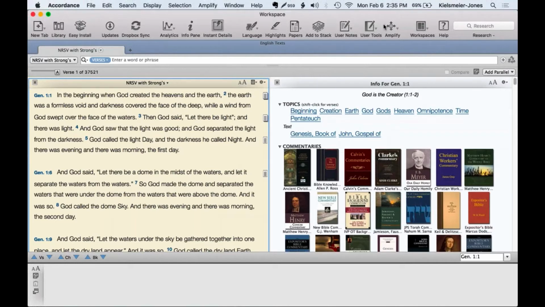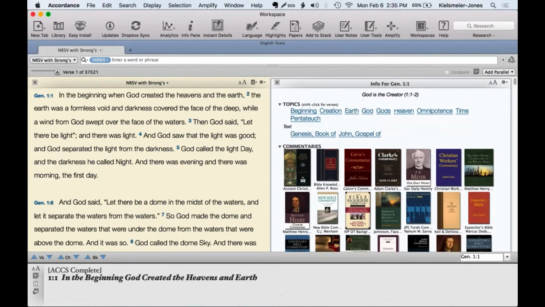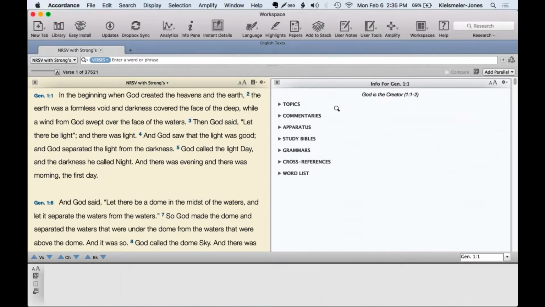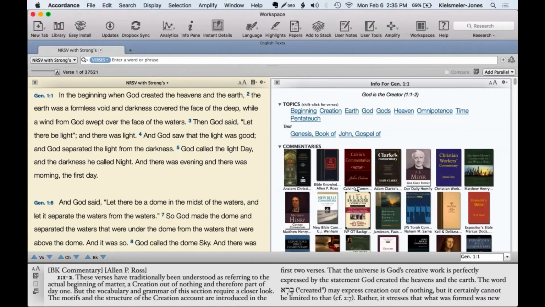Let's talk first about setting up a workspace. Now in Accordance 12, I've got this basic workspace, which is the default. It opens up with a Bible, my default Bible version, which right now is set to the NRSV. By default, it also opens up with the info pane. We may talk about that a little bit later, but the short version of the info pane is that it curates your library, ties it to the verse that you're looking at, and helps you to get at research more quickly. So you'll get topics that have to do with Genesis 1:1, your commentaries that have this verse listed,